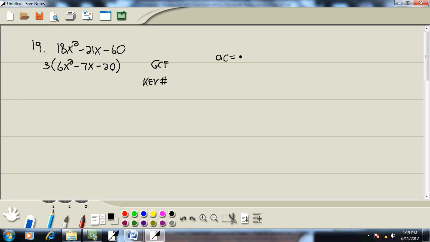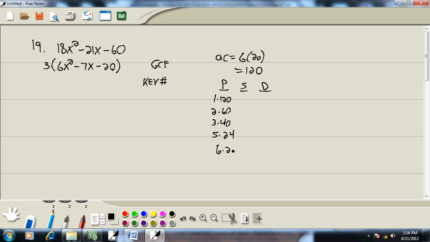With the key number, we take the number at the beginning times the number at the end. So we'll take 6 times 20. And we notice we ignore signs. So the negative 20 would just drop the negative. We handle that later on. And we're going to write down all the products that give us 120. 1 times 120, 2 times 60, 3 times 40, 5 times something, let's see, 24,